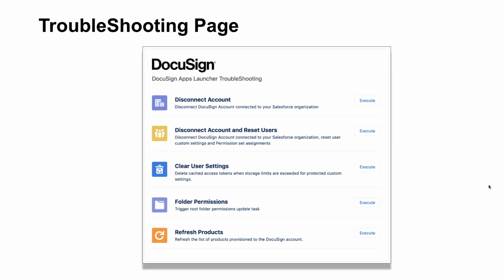With the click of an execute button, instead of digging around with Salesforce fields, you can disconnect your account. A lot of times people will connect a DocuSign account to a Salesforce org and then connect it to a DocuSign account as well. And that can mix things up, or you can do a refresh of your Salesforce org. There's a bunch of different ways. You can switch the integration user out and connect to the wrong org and stuff like that. So instead of digging around and trying to figure out why your merge fields aren't working and stuff like that, strange things, you can just select execute for disconnect account.